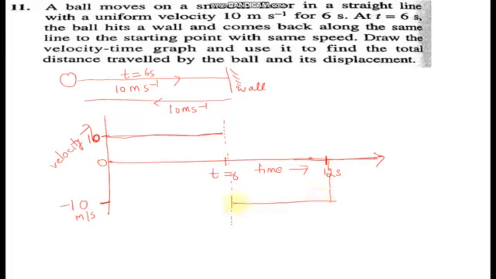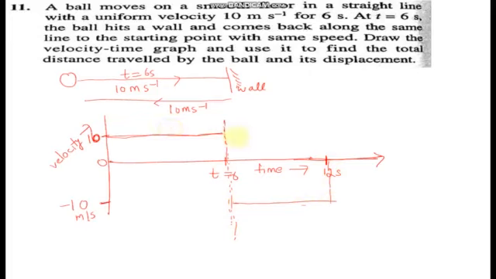This shows that the body's velocity is -10. -10 means that the body is moving in the reverse direction. Time is increasing. After the same 6 seconds, it has reached its initial position, but its velocity is negative. Negative simply indicates that the direction is opposite, reverse. Negative does not mean that velocity has decreased. So this type of graph will start from 10, and here we will make a line, then it rebounds back, its velocity becomes minus 10, and till 12 seconds it is minus 10 only,